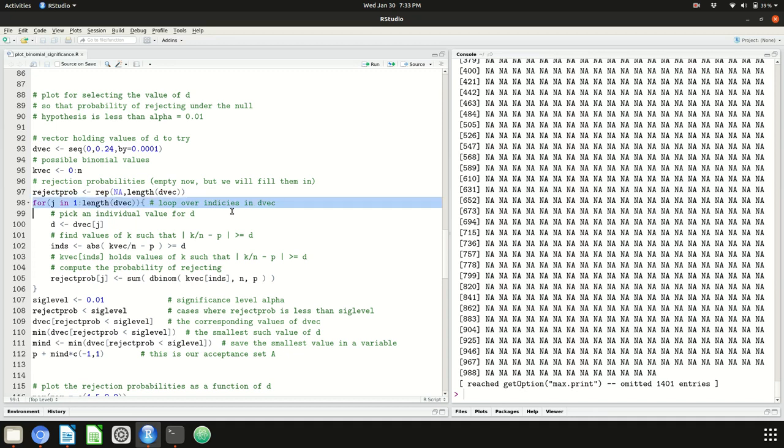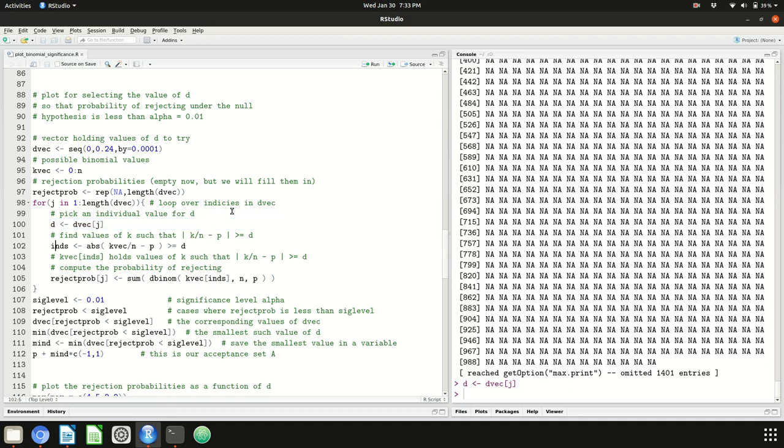Okay, so this is going to be a for loop, so we can iterate over the entries of dvec. J is my iterator variable, and we're going to iterate j from 1 up to the length of dvec. And then for a specific value of j, we're going to extract dvec of j, so the jth entry of dvec, store that as d. And then here we're going to figure out which values of k correspond to the event that k over n minus p absolute value is bigger than or equal to d. So kvec over n,